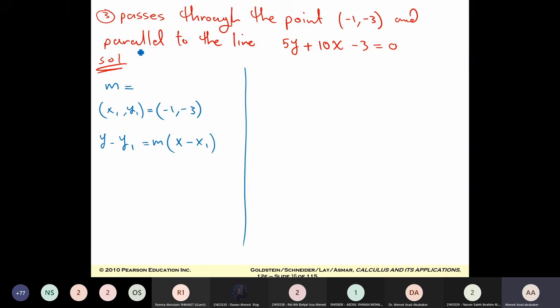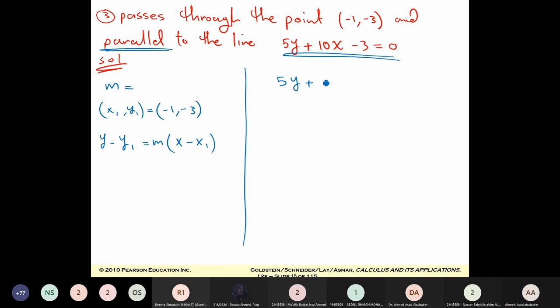We are given a line, and we need to find the equation of the line that is parallel to this line. We need to write the equation of a line that is given as parallel to another line. Okay. So if we find the slope of the other line, then it has the same slope, because the slopes of parallel lines are the same. So from this line,